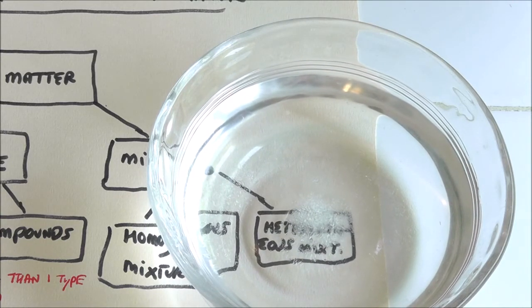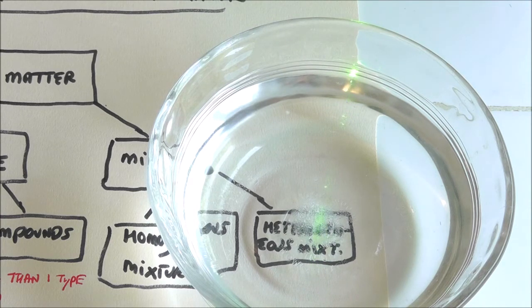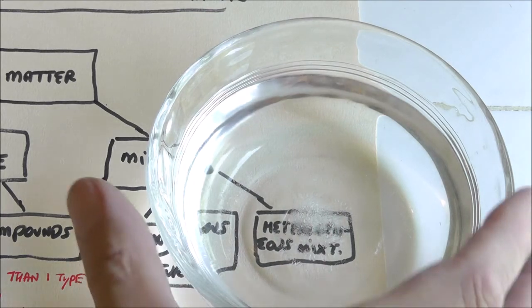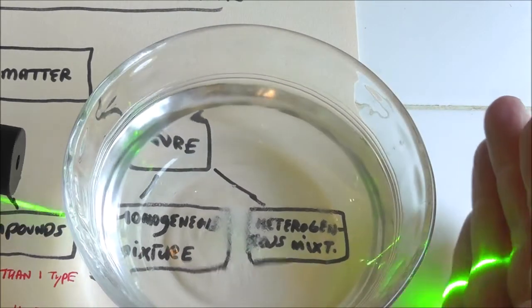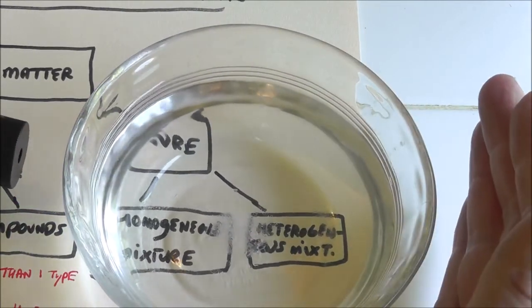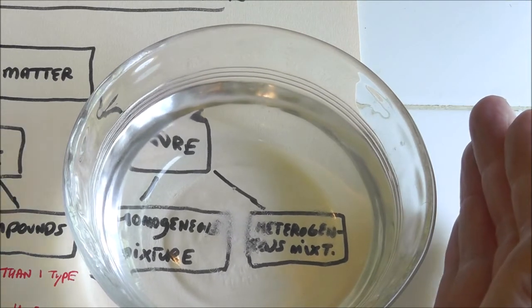Now here's a thing you can use, a good old light source. And you could say, hey, if it is transparent, it is a homogeneous mixture. And of course, if I just had a bunch of sugar in there, the light wouldn't go through. It goes through the top, you can see, right? But it doesn't go through the bottom as much. And so I should be showing you, like here, it goes to the other side, there's my hand. That's what we call in science my hand, all right?